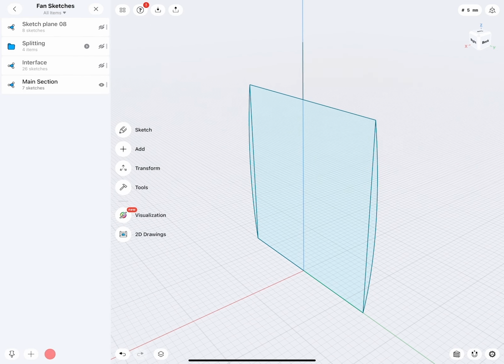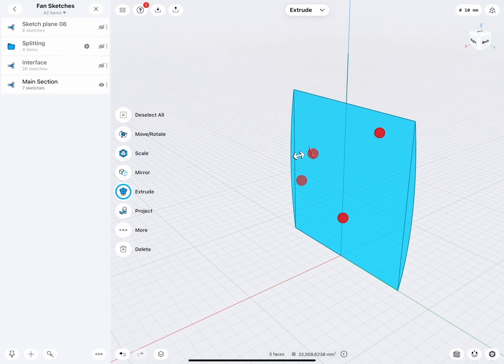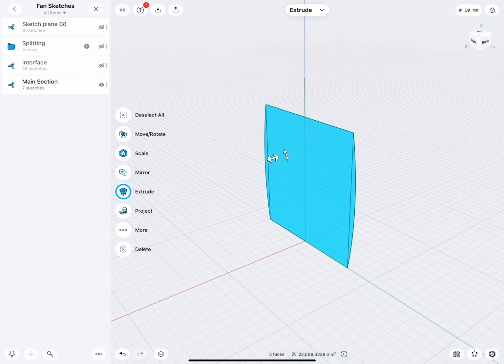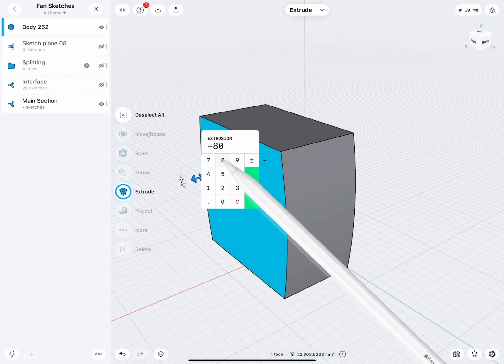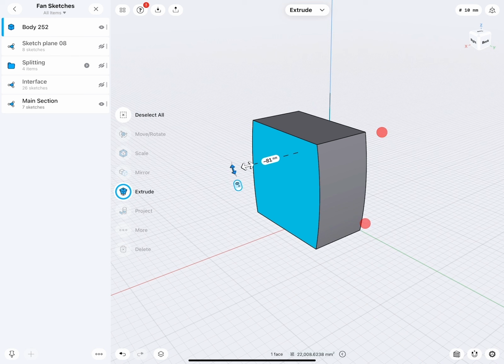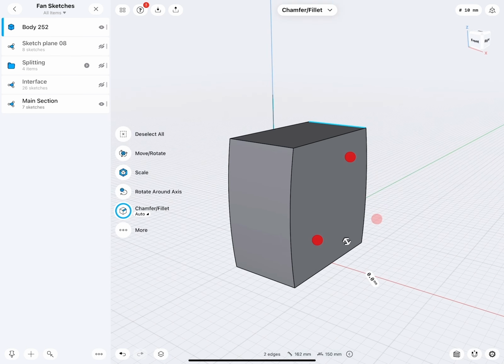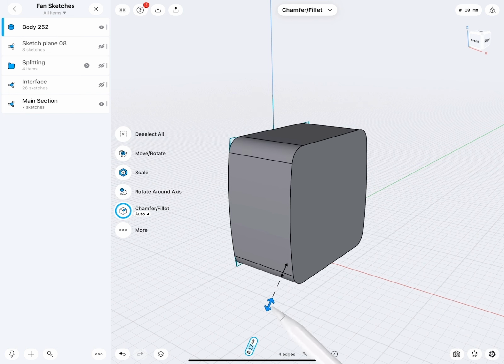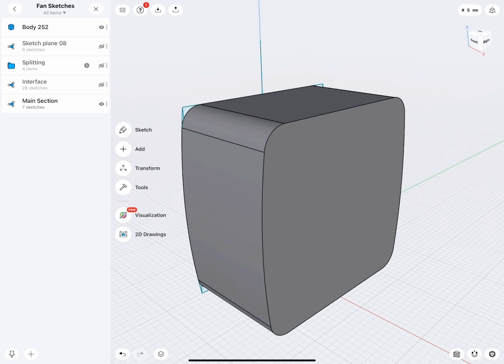So here we are. What you see is actually the initial main section sketch. Here we can select the 3 sketch profiles and then extrude this one out to 81 millimeters. I would keep sketches always very simple and do most of the work via direct modeling. As you can see, I'm rounding these edges simply via the fillet command.